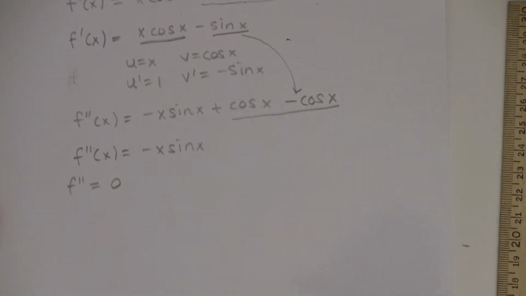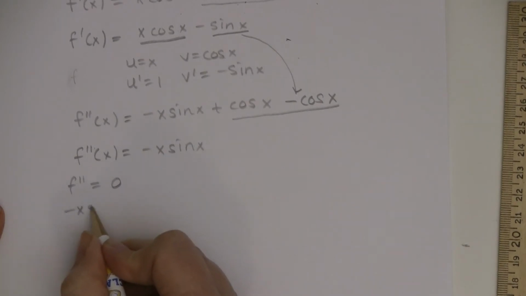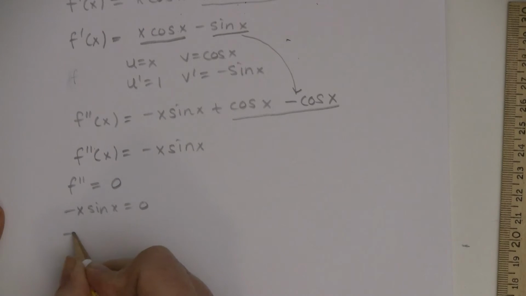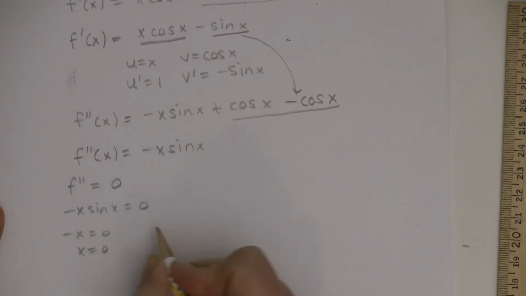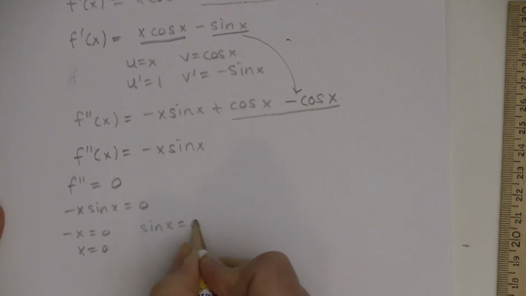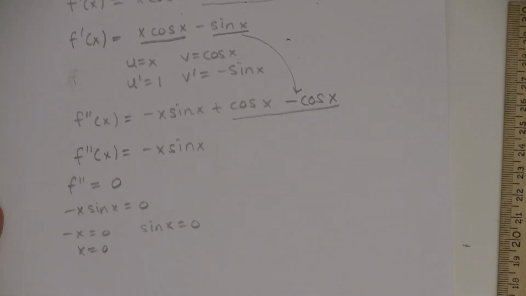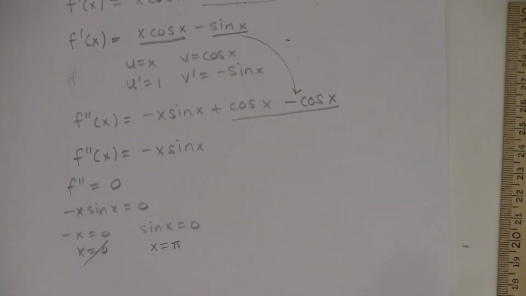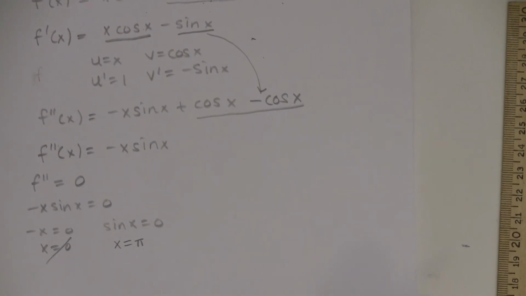So, negative x sine of x equals 0 when negative x equals 0, when x is 0, or when sine of x equals 0. And don't forget that we have an interval from 0 to 2 pi. And in fact, it looks like it doesn't include 0 and it doesn't include 2 pi. It's open. And so let's see, this could be at pi, right? And that's really out of the domain. Okay,